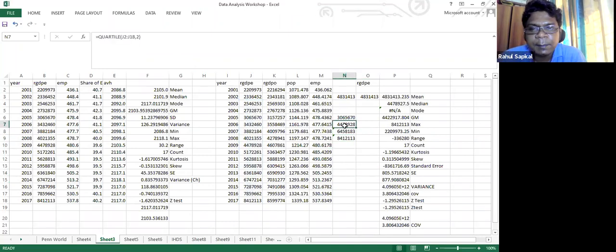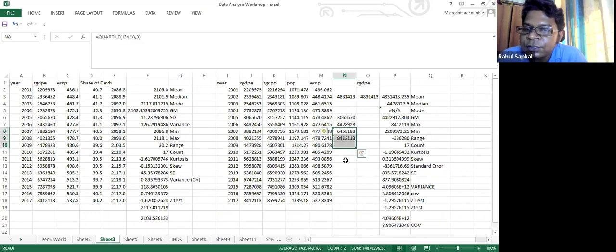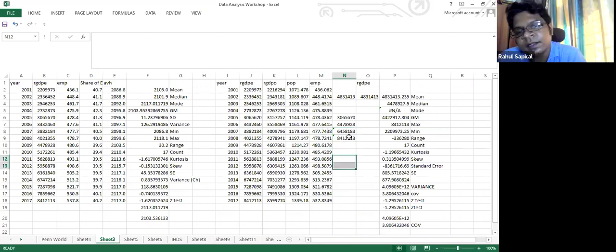See here, when I'm dragging the formula, notice that my rows were also increasing. So we have to make sure that my rows are only 18, so that I'm not overestimating the result. Always make sure of that. These are now my values for the 4 quartiles. Now you can take the difference and calculate the values.